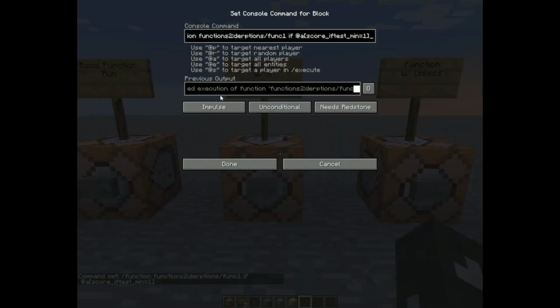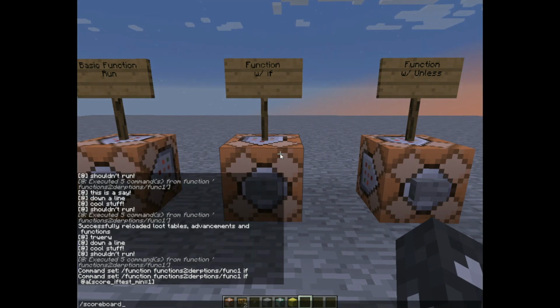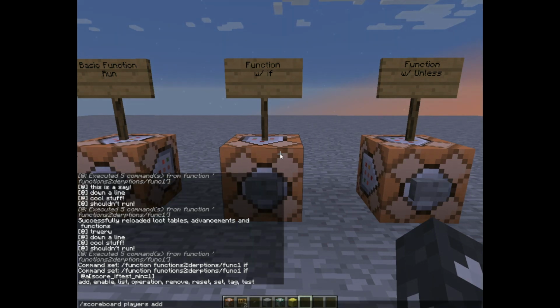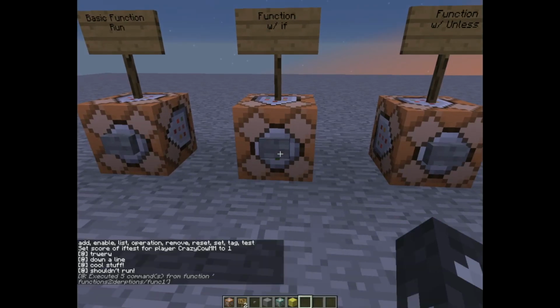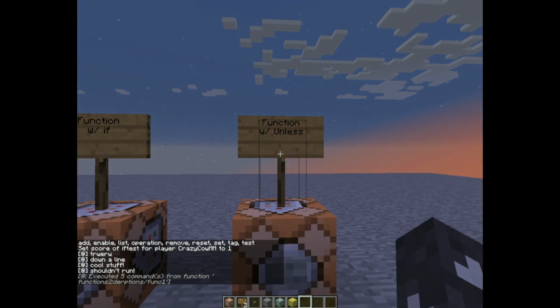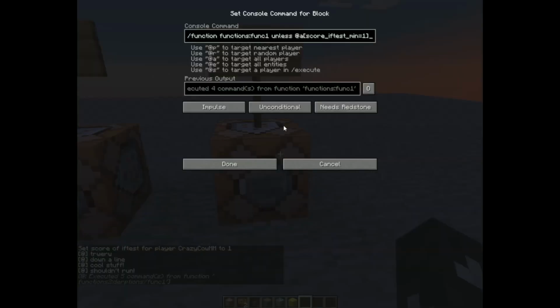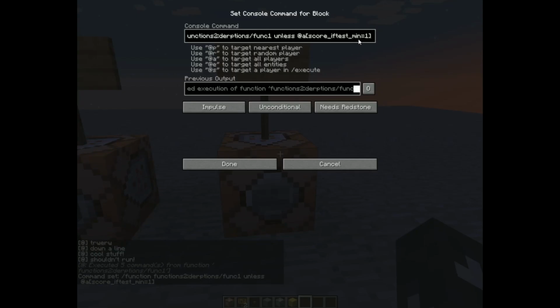And it says skipped execution of function because of that thing. So if we go scoreboard players add crazy count if test 1, and we click on this, it should run the function. Now, unless functions are the exact opposite of if functions, so if I just change this up a little bit to account for our new thing, and click it,